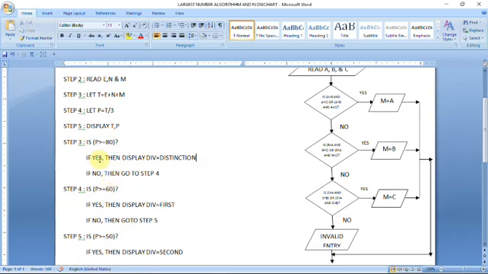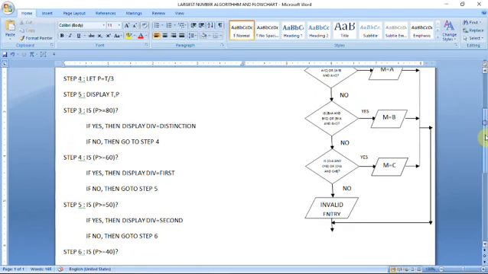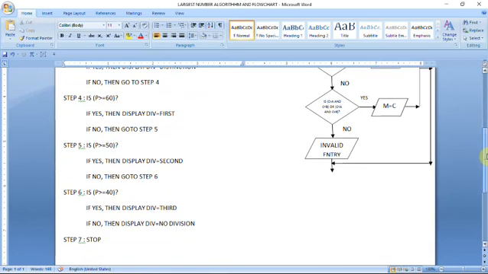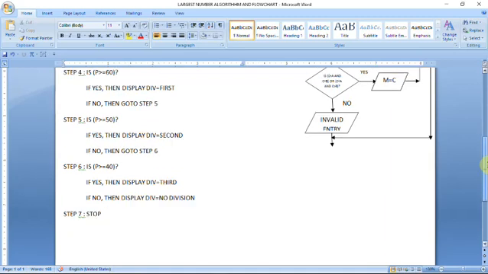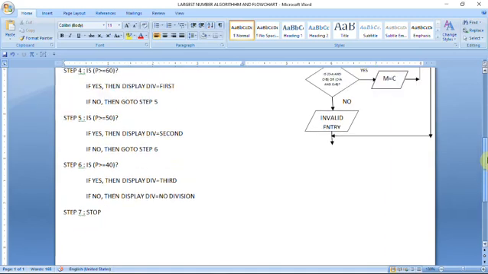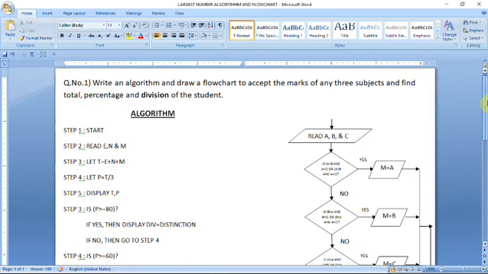it can give 2 results. If yes, then what to do, you know very well. If no, then what to do, you know very well. You have already studied about this. And after that, another condition; gradually you have to write all the conditions inside the symbolic representation, and after that you have to connect all the symbolic representations with the help of arrowheads. So I hope you can make the flowchart for this problem.